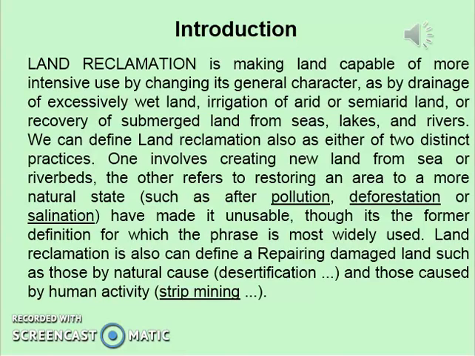Land reclamation here is defined as making land capable of more intensive use by changing its general character, as by drainage of excessively wet land, irrigation of arid and semi-arid land, or recovery of submerged land from the sea, lakes, and rivers. So you are just converting the soil from unsuitable for planting to suitable for plant germination and plant productivity.